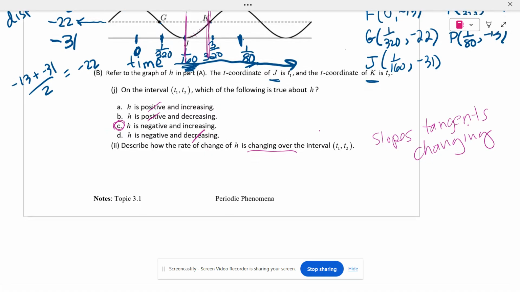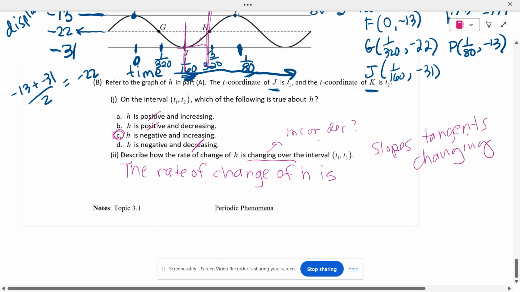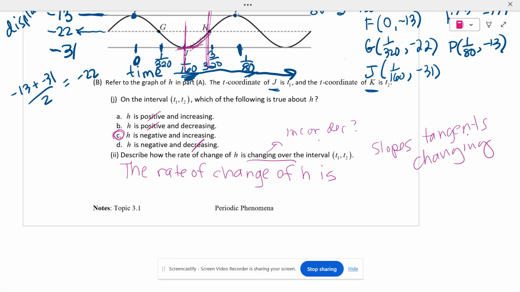So we would say the rate of change of H is, and when it says changing, I want to know, is it increasing or decreasing? So when you look back at the graph, when you think about what the tangent line's slopes are doing, right, it's pretty flat here, but then it starts to get steeper, positively steeper. So the rate of change of H is increasing